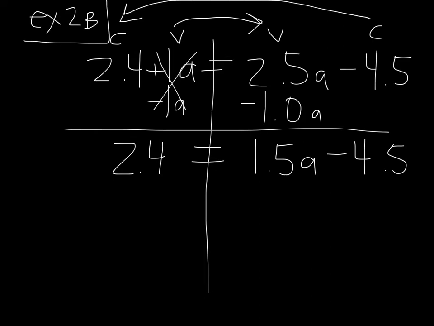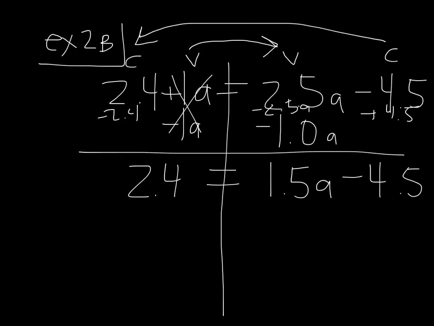And by the way, the way I started this one is just one of 4 different ways. I could have subtracted 2.4 as my first step. Or I could have subtracted 2.5a as my first step. Or I could have added 4.5 as my first step. So one of those 4 is fine, but after you do that, it changes how the rest of the problem gets done, and what you see on your problems might be different than another student, depending on how you all start these. But what we did is we took the variables to the right,